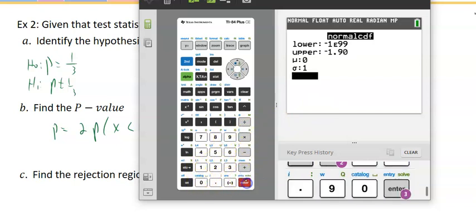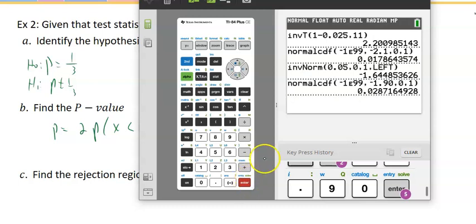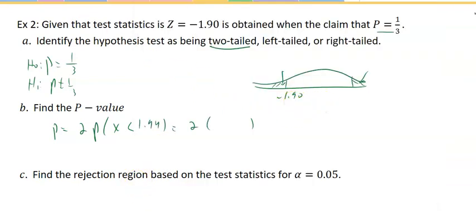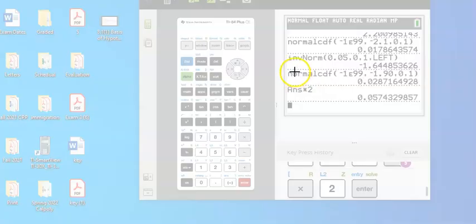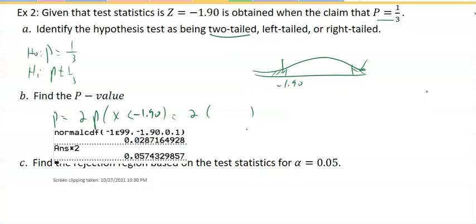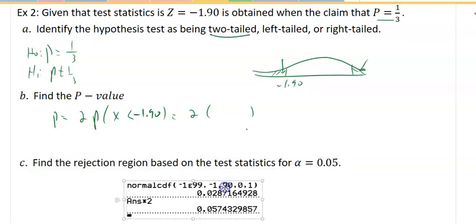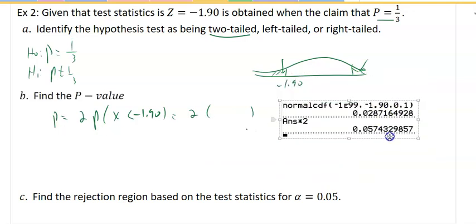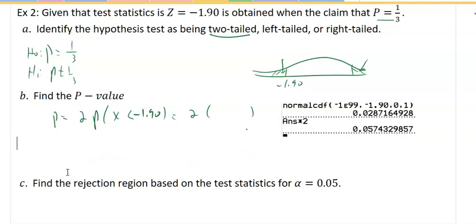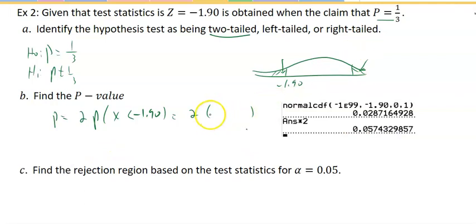I wrote it wrong. I could put a 2 in front of that, times 2. So that turns out to be 0.0287,